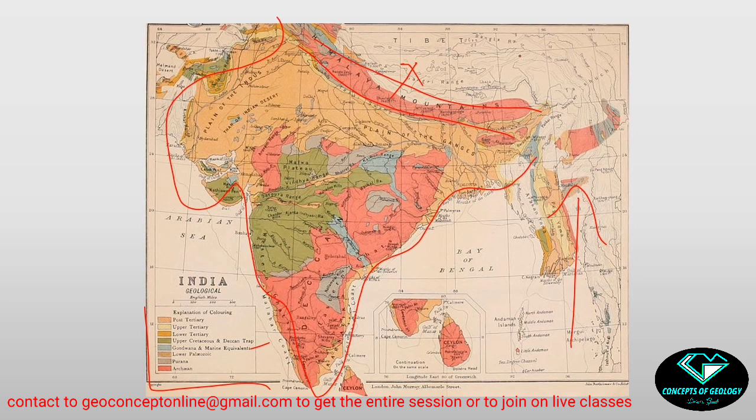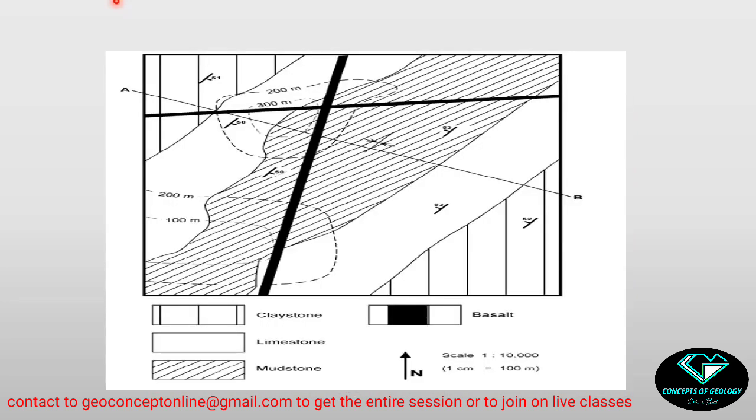First we had taken the political map of India, and on that map we are drawing different types of lithologies or different types of geological environments or settings. So that means we have definitely a base map here. Again, see, this is also a geological map. This is a very much large scale map. That means a small area is covered in this map. Okay, the scale is written here 1:10,000.